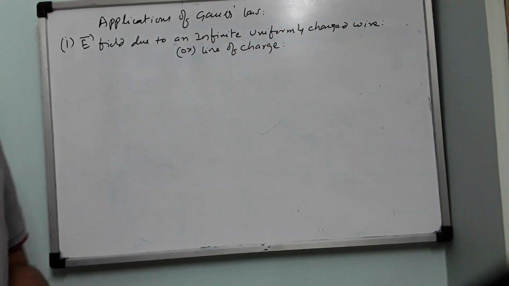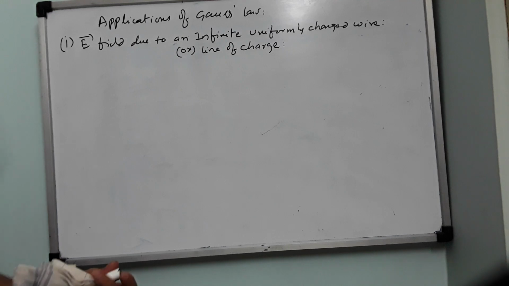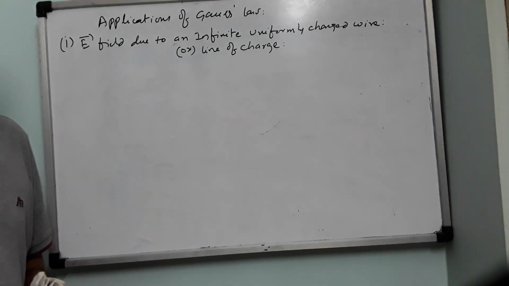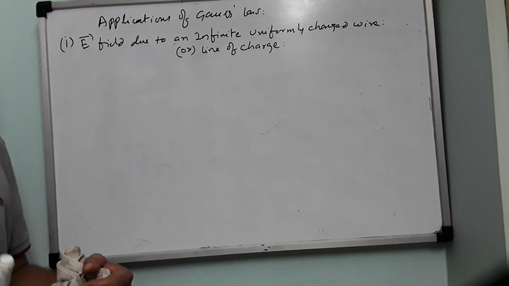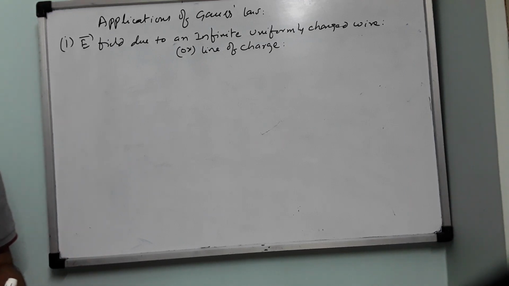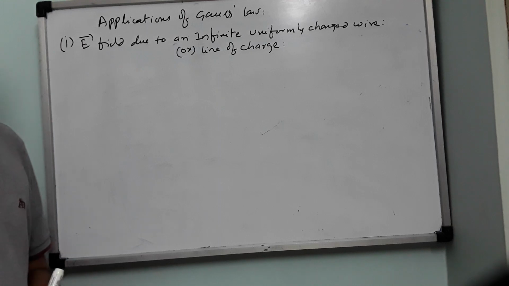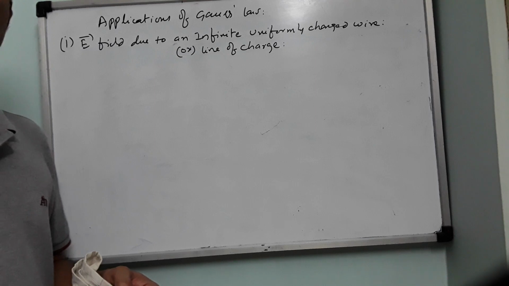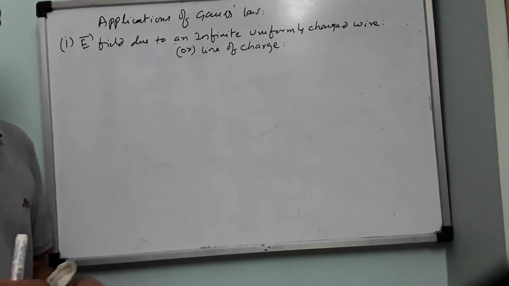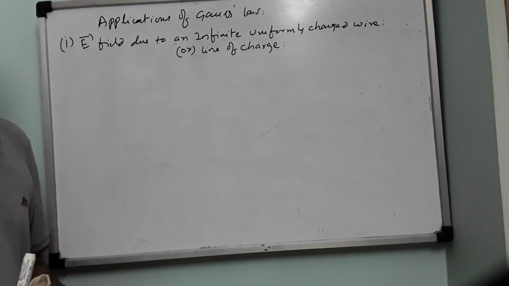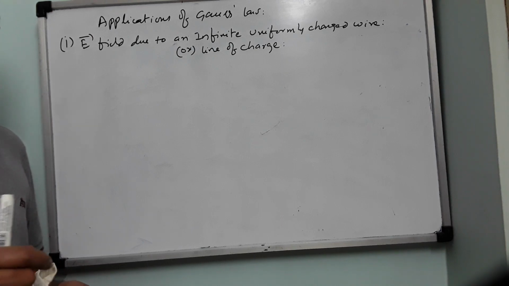Now let me tell you the significance of Gauss law. We use Coulomb's law to calculate electric fields due to point charges only. Maybe the system is made up of point charges or discrete charges. We calculated the electric field due to a point charge, 1 by 4 pi epsilon naught into Q by R square. We calculated the field due to a combined system of plus Q and minus Q, which is called a dipole. On the axial line it is 1 by 4 pi epsilon naught into 2P by R cube. On the equatorial line it is 1 by 4 pi epsilon naught into P by R cube.